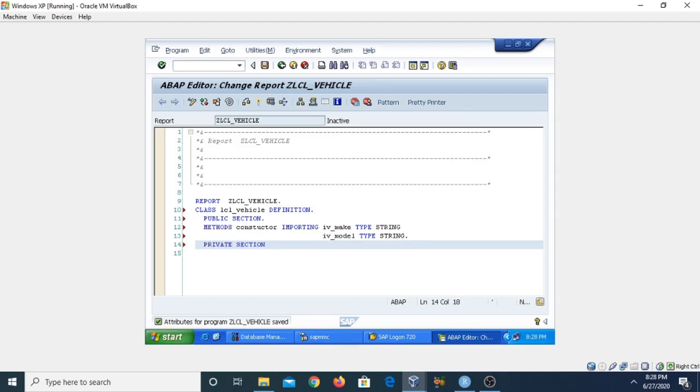This is our private section, in which we generally declare the data so that we can make it secure. Take the data MV_make, and the type is string.